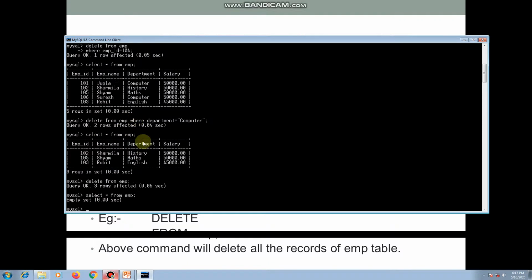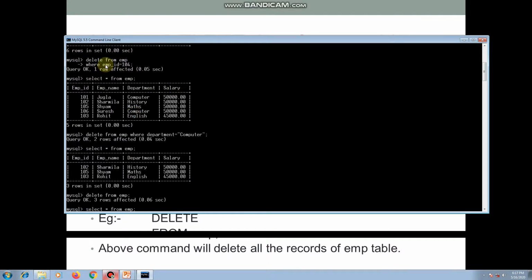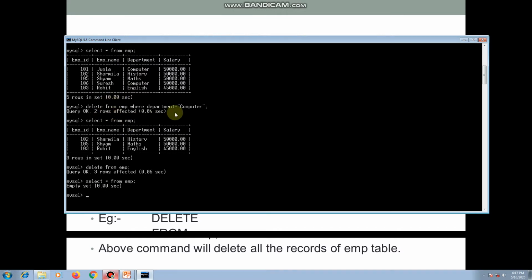So be careful while deleting records. It's compulsory to mention a particular where condition. For example, here emp id equal to 104 is a where condition which specifies that only the record having emp id equal to 104 should be deleted, and other records will be retained as they are. In the second query, we are deleting records having department equal to computer.